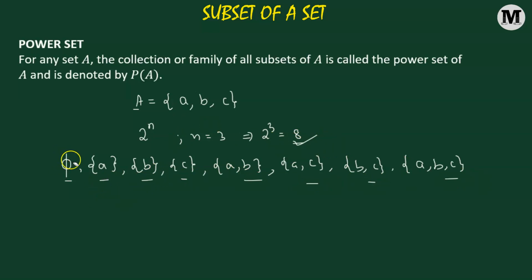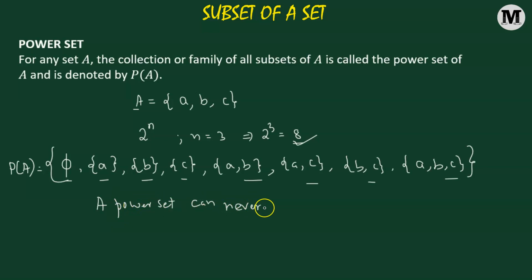Now let's say we consider all these 8 subsets of A and include them within braces. This is referred to as the power set of A. It can also be thought of as the set of all subsets of A. Our power set